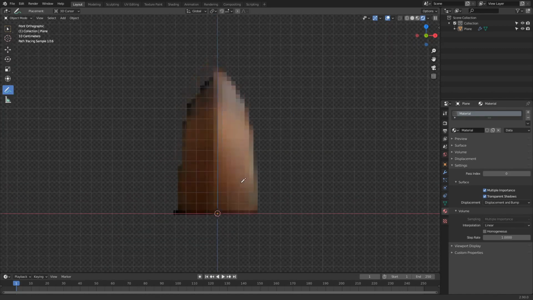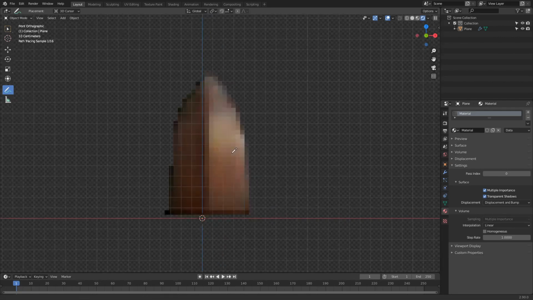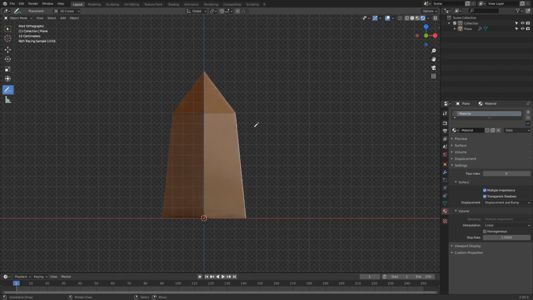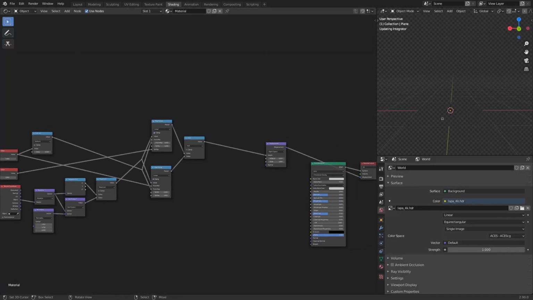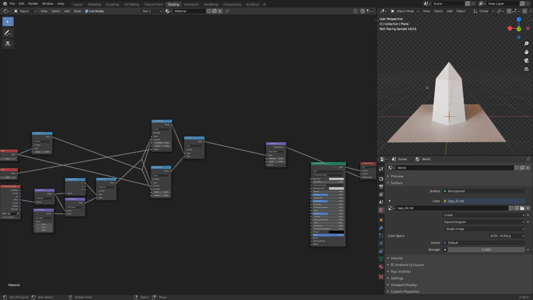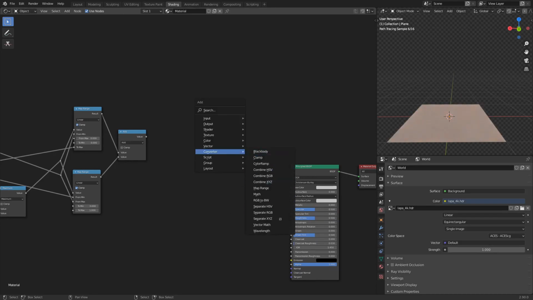The best way to think about it is vector displacement is just like normal displacement, but instead of displacing up or down, you can displace up, down, left, right, forward, and backwards because you're working with vectors instead of a single value for your height map. And so we can imagine that if our vector displacement map looked like this and was multiplied by 1 on the z, so it looked kind of like our current height map, but blue, it would displace upwards since z represents the blue value. And I can go ahead and demonstrate this real quick using a vector math node,